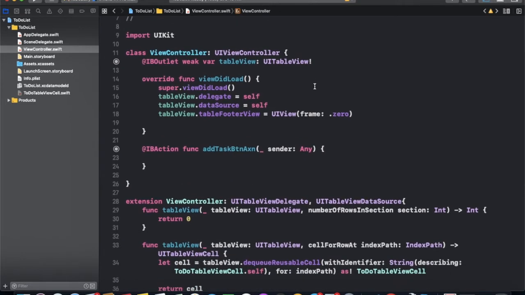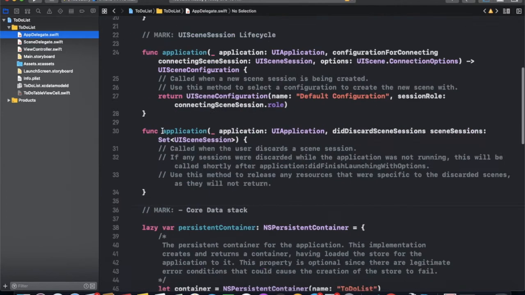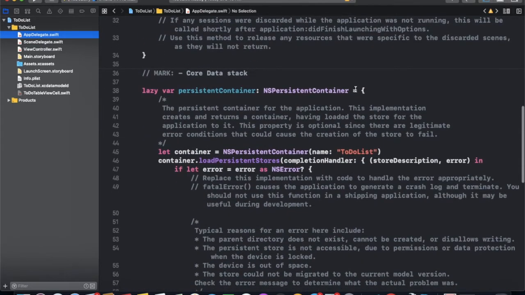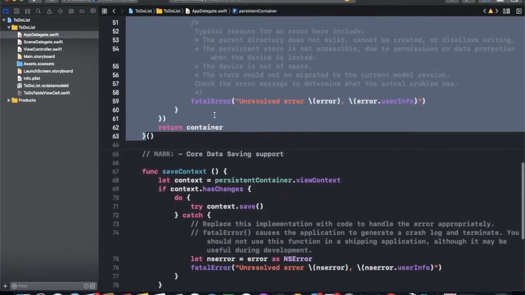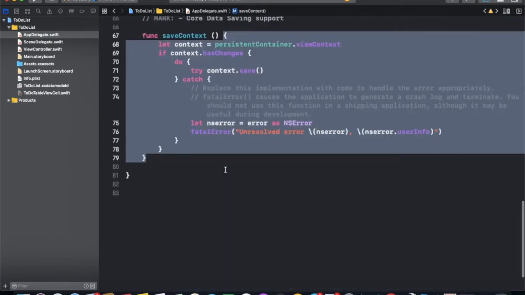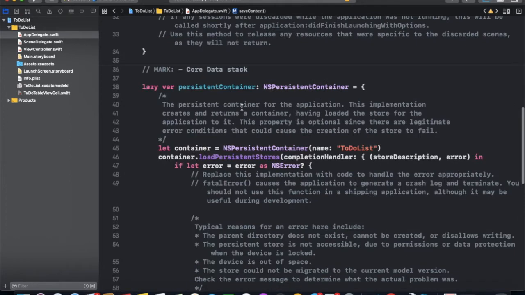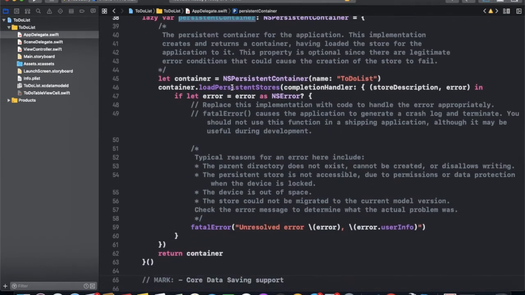Now we need to store data in core data. So we need first core data instance. Due to we add core data in our project, so we have persistent store container here itself in our app delegate. Also we can save context function to same context. It's basically like a stack, we have a persistent store container which is basically container to contain all the data and interact with DB.